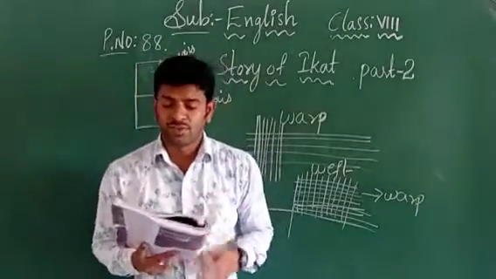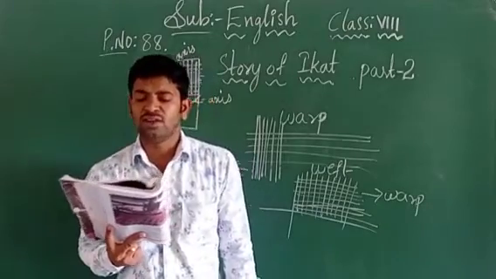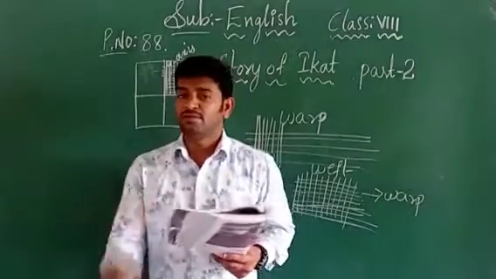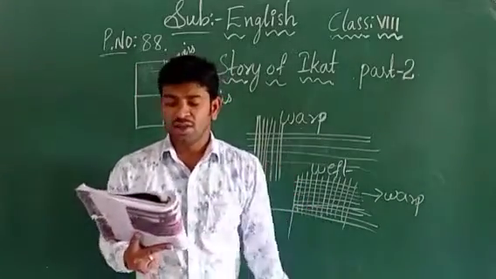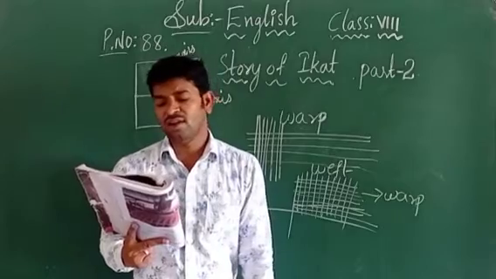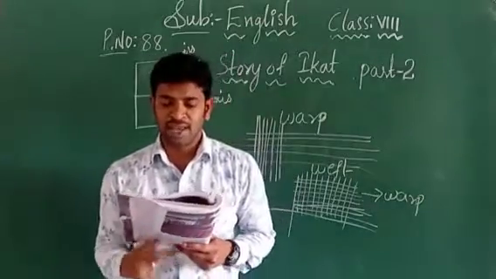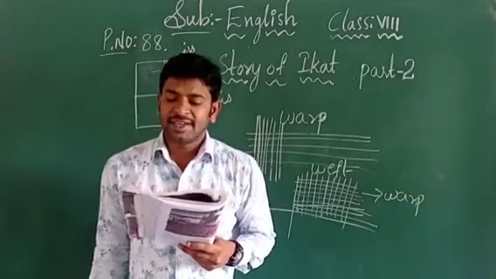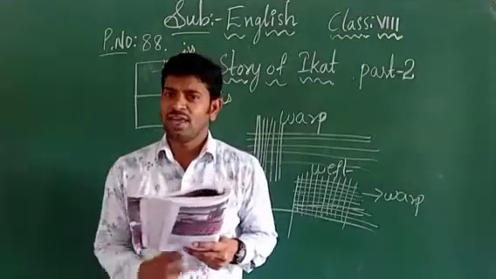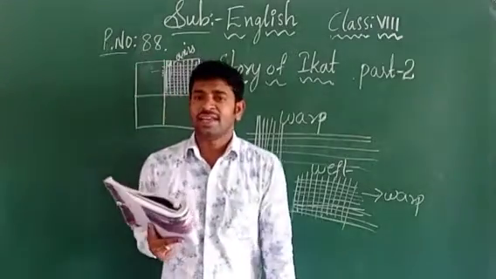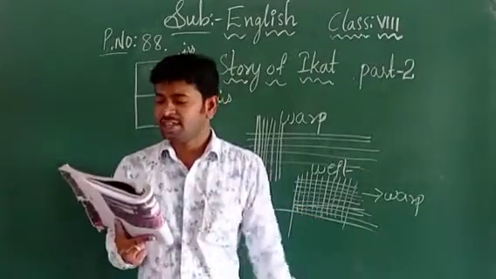Now Ravi, one of the students, is asking. Ravi said, teacher, how do they know where to tie the knots? Okay, one boy is putting the question to the teacher. Now, Janaki smiled. The teacher began to smile. The ties indicate the design we want. Wherever they are tying, that indicates the design which we needed.